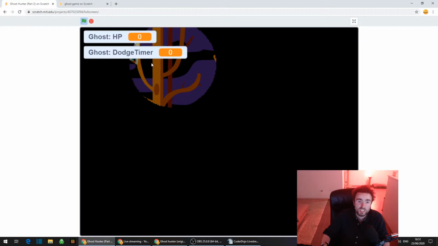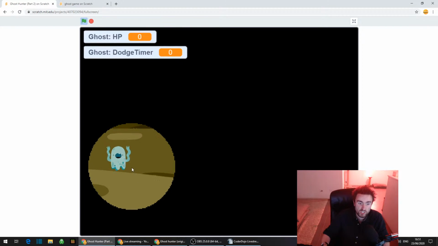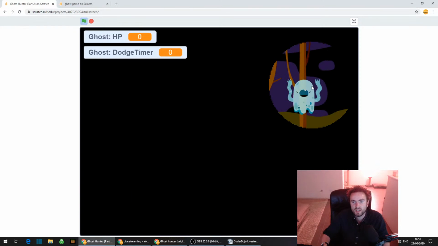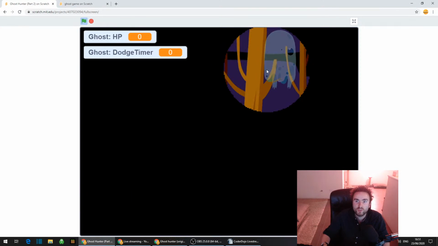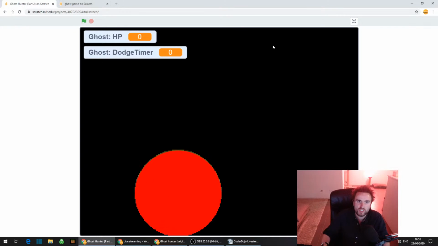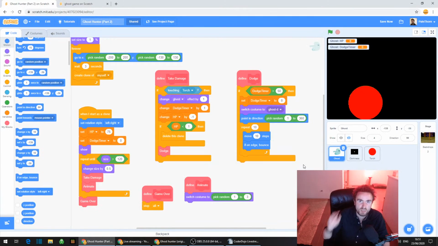There's an individual ghost HP variable and ghost dodge timer variable for each of these ghosts, and you can see that there are more than one on screen at once. So these variables are being specially made for each of the ghosts and then retired when the little ghost clones are deleted. So it looks like they're not updating, but they are, don't worry. Hopefully that makes sense.